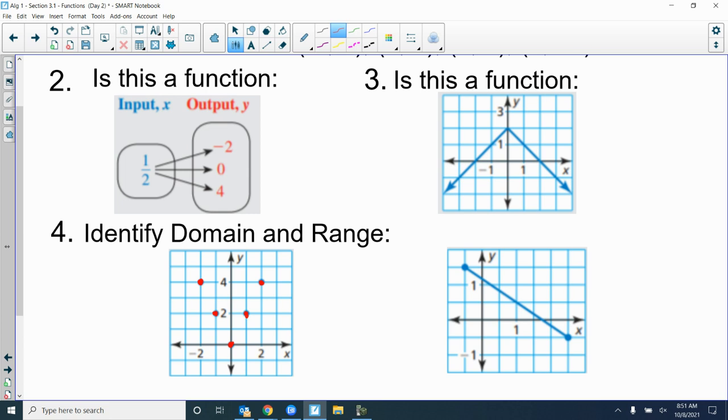All right. Guys, that's okay if you're not done. Let's just